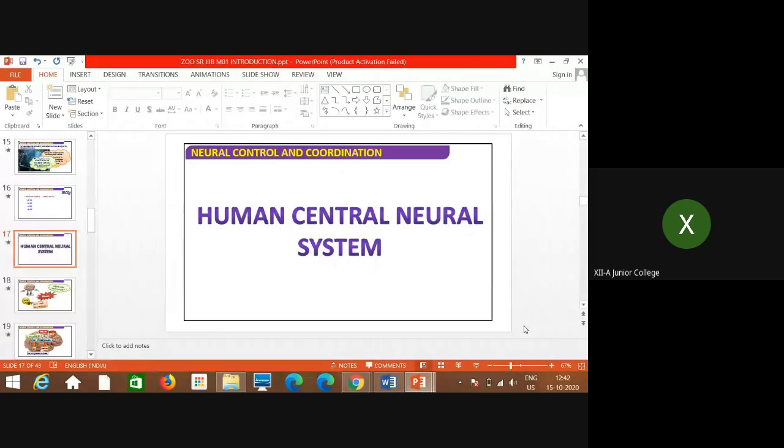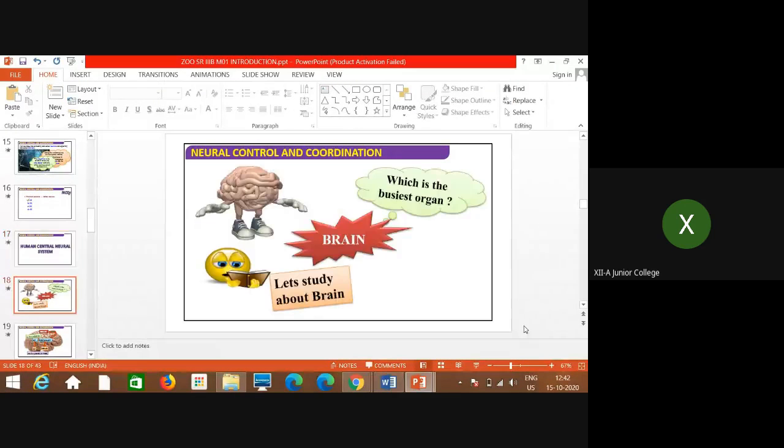So this is what we'll start with, the brain. As you know, the central nervous system shows the presence of the brain and spinal cord. So let us study about the brain, what type of organ it is, whether it is busiest